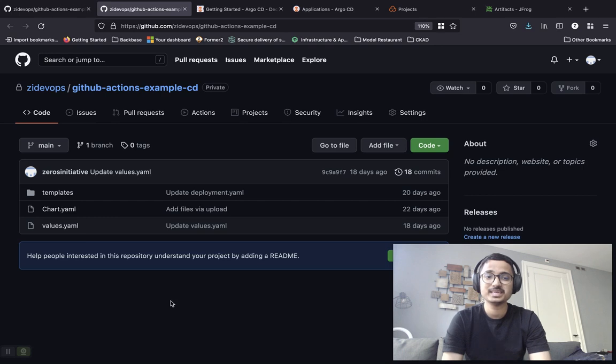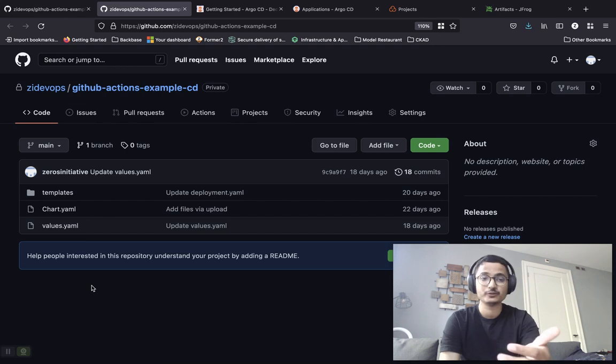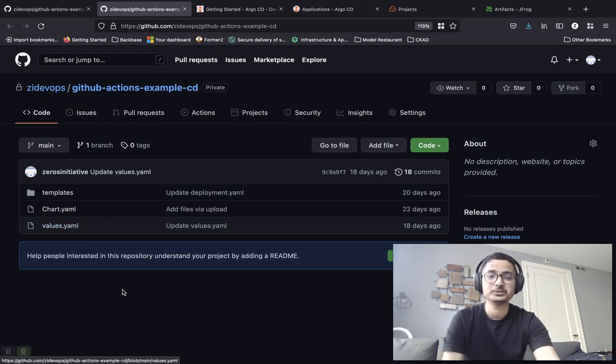It's a package manager for Kubernetes in the sense that you go ahead and write all of your YAML files. You have a service.yaml, a deployment.yaml, an ingress.yaml. You write all of that within the templates folder as Go templates. And then you go ahead and pass all of your values from a file called values.yaml.